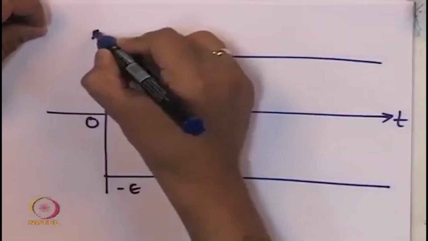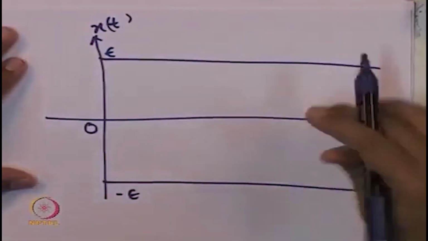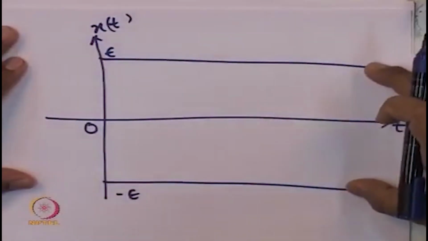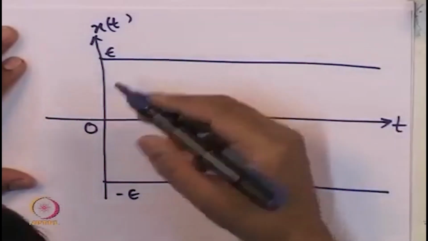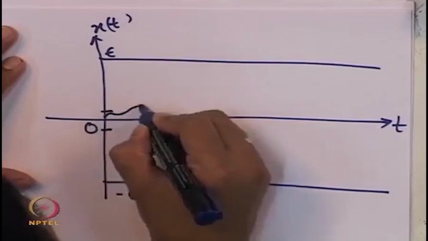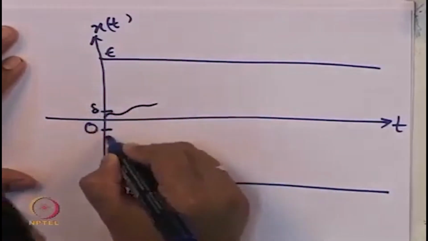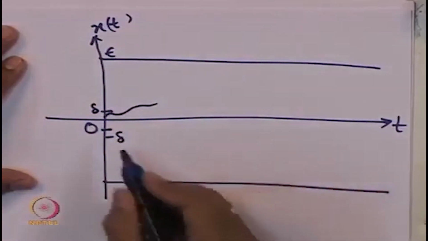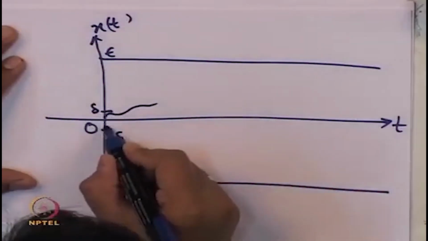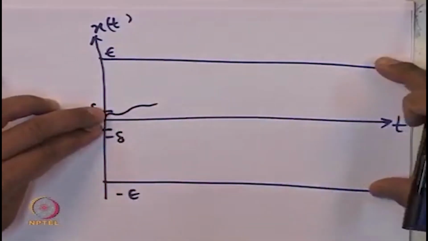This is a 0. So, once this epsilon is given, we might know that the trajectories might have to start within this very small interval, the interval within which it should start,